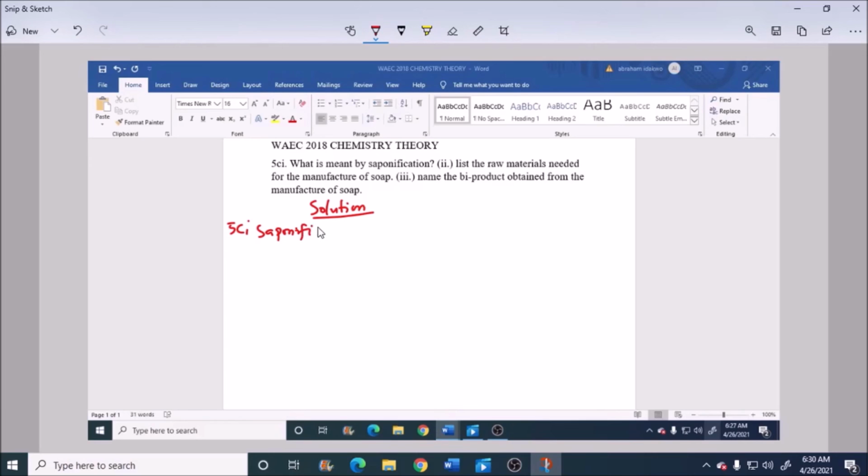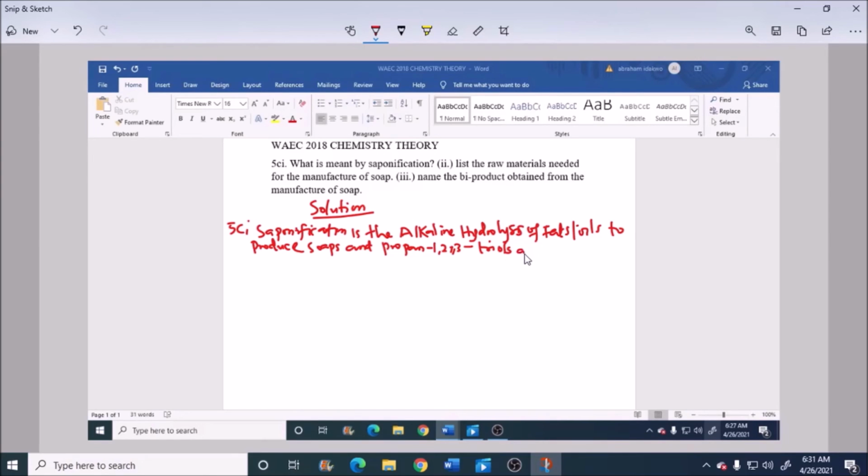So saponification is the alkaline hydrolysis of fats or oil to produce soaps and propane-1,2,3-triol